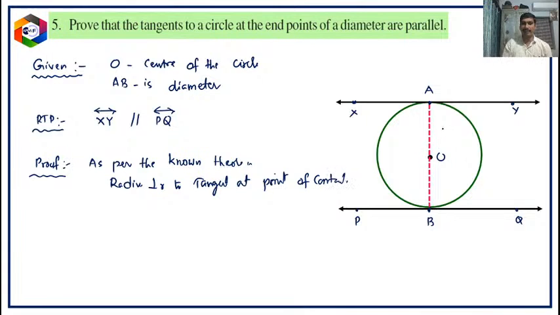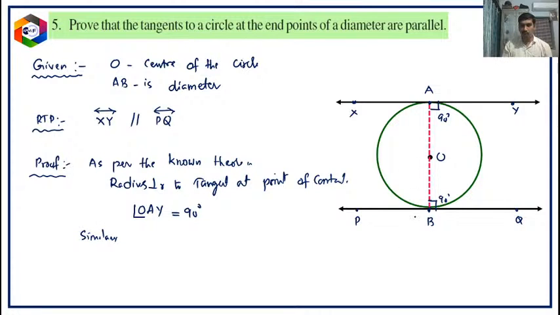So the radius makes a 90 degrees angle with the tangent at the point of contact. So this makes 90 degrees and this also makes 90 degrees. Since OB is radius and OA is also radius, OA becomes a radius, OB is also a radius. So since radius is perpendicular to the tangent at the point of contact, that means angle OAY is equal to 90 degrees. Why? Because radius. Similarly